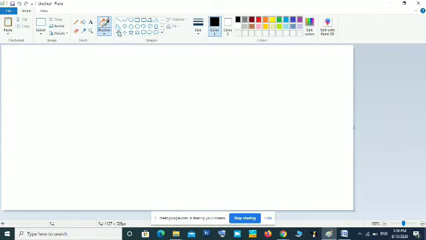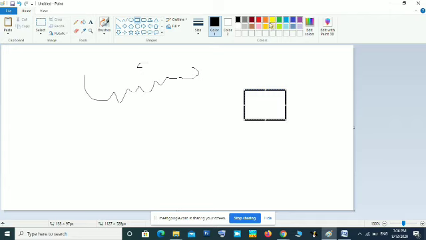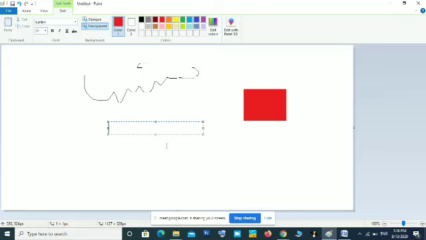Okay, now in the last class we learned this tool, that is the pencil tool, using which you can draw free lines, free form lines, any shape you can draw. Then the paint bucket or fill with color, this you can use to fill a closed area like this. Using the fill tool you can fill inside it. Then if you want to type text, we can use the text tool. Click on the area where we want the text and type the text.